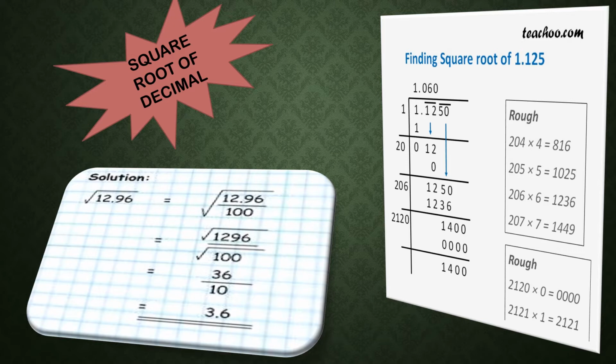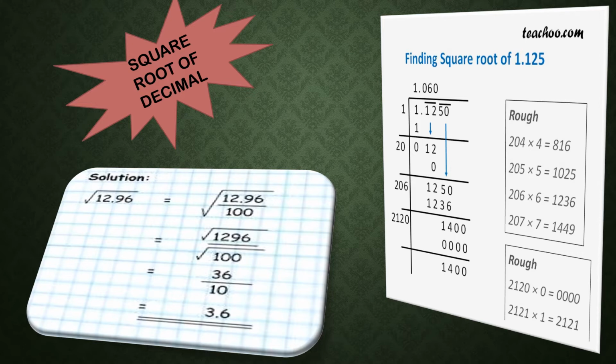Remember this, whenever you are putting one number over here, that same number you have to put in quotient also. After that, again subtraction, 12 minus 0, 12 is coming. This pair of number, after that this last pair of number 50 will come down. Next, here only 10. So 10 into 2, 1.0 not. Don't consider the decimal right now. You just take the numbers. So 10 into 2, 20 will come.